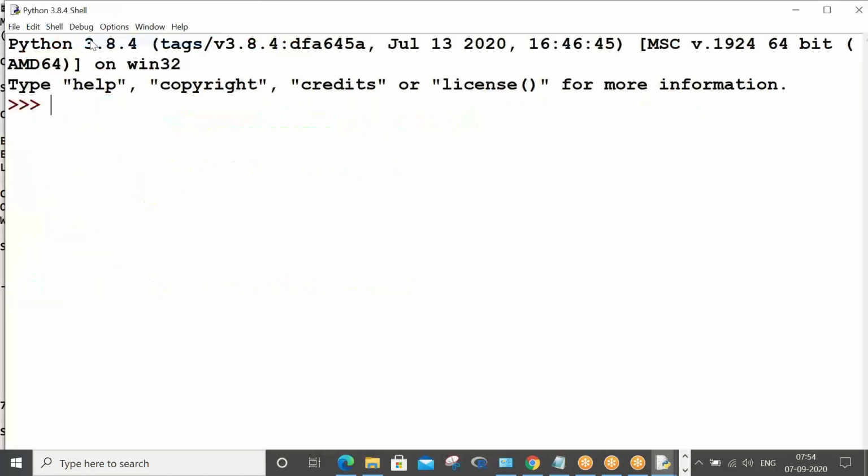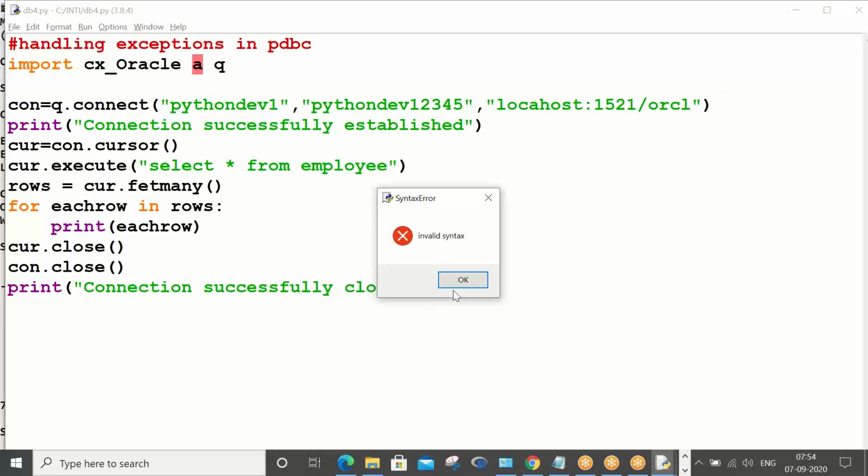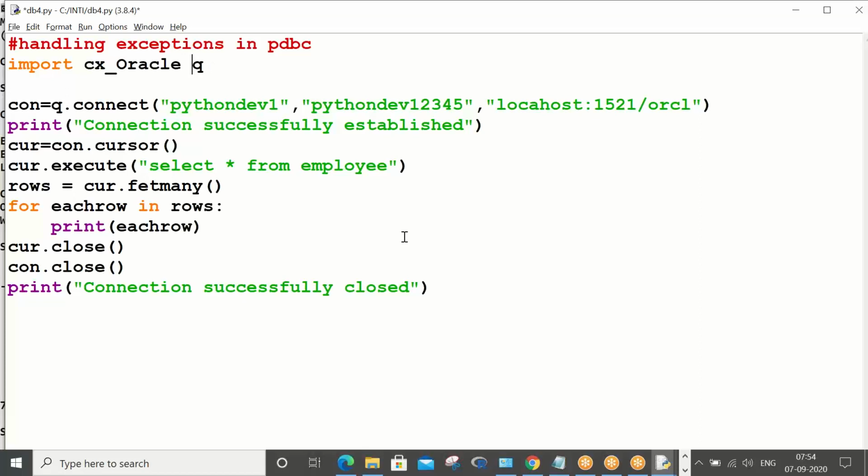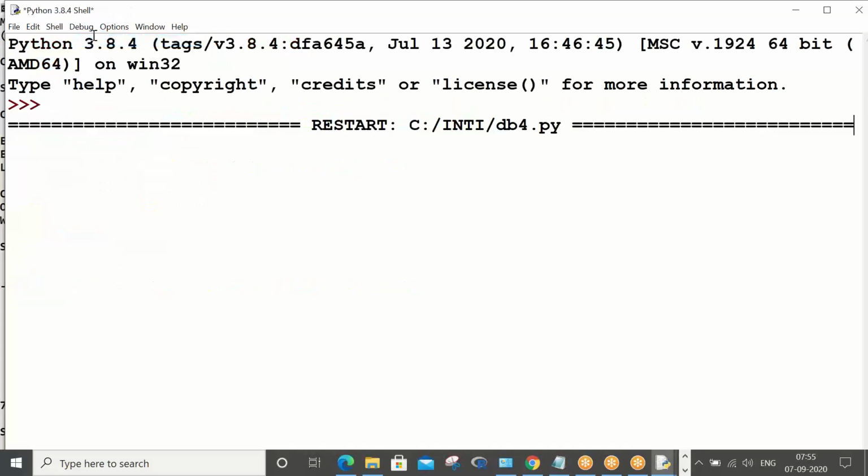Run module. Oh, you can't give two aliasing names. So connect, control S, run module. What happened? Oh, sorry, the as was missing. Run module. What happened?